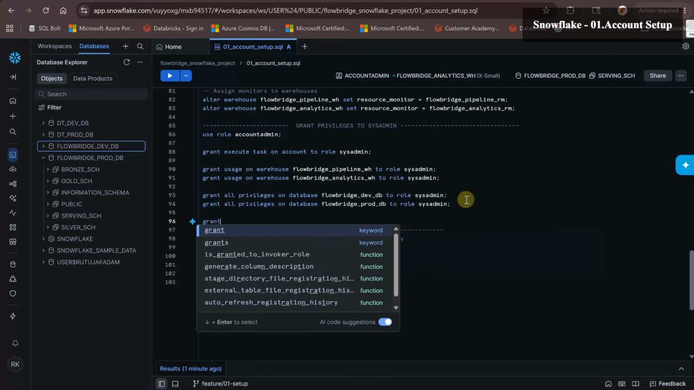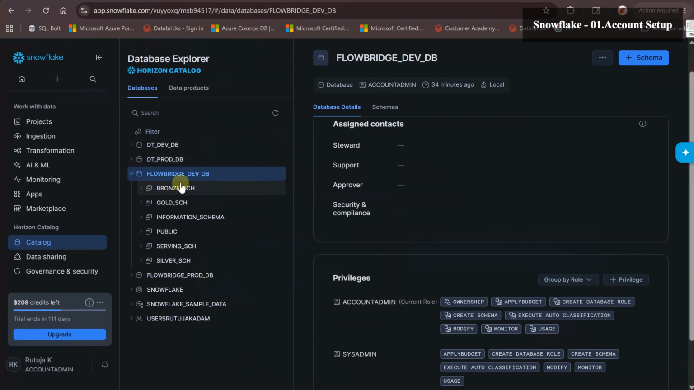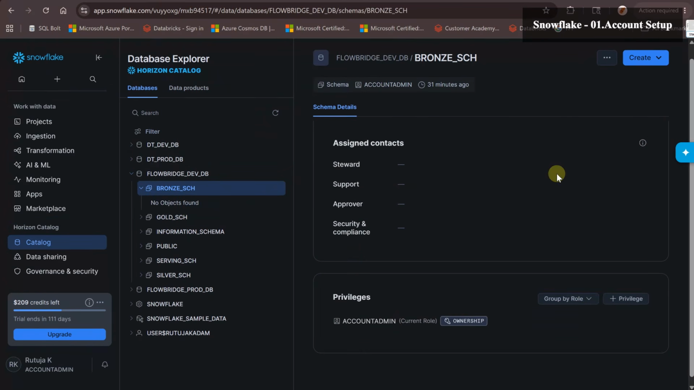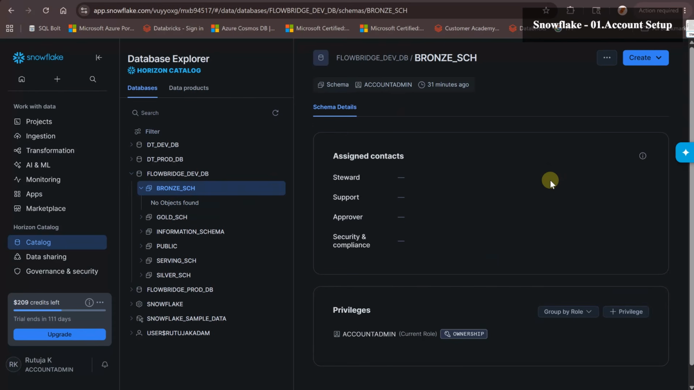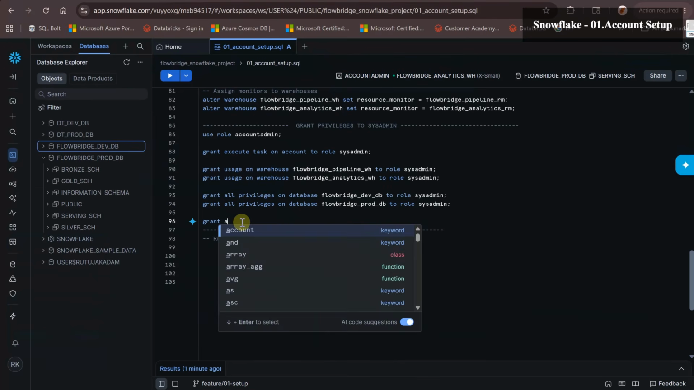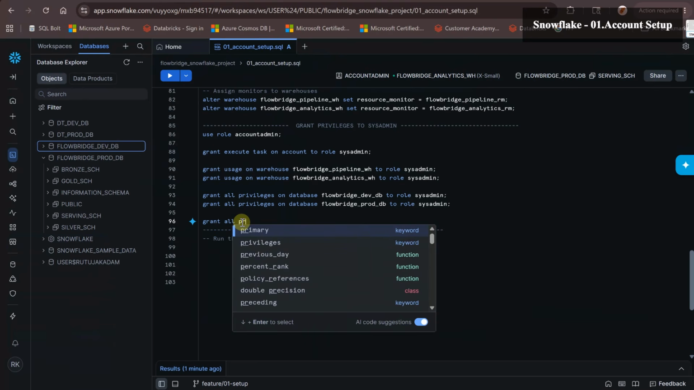For that, let's say grant. Let's first open Snowsight. Let's say we'll open the bronze schema under dev, and this is our current scenario: privilege only to account admin. Now coming back to our workspace, we'll say grant all privileges